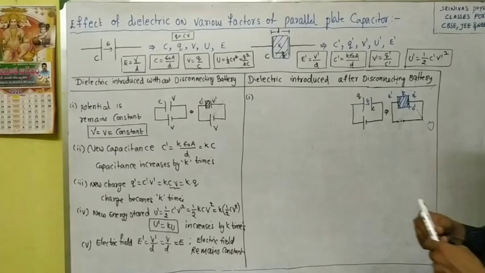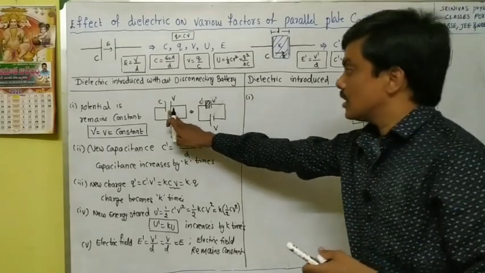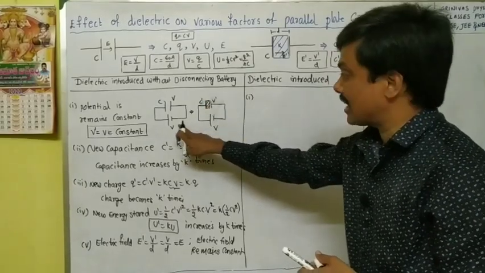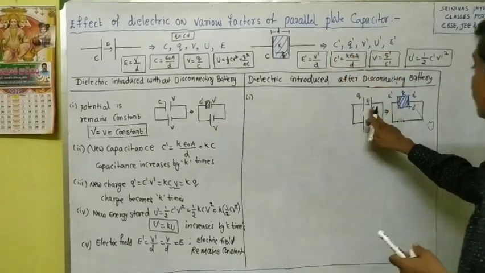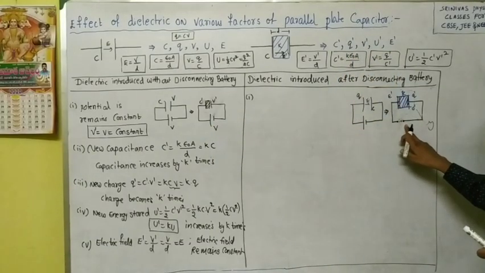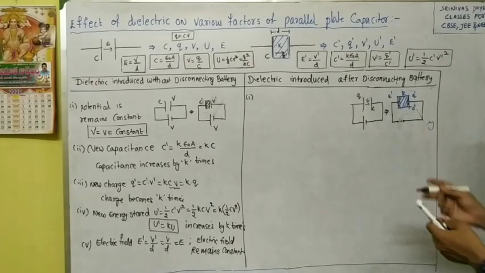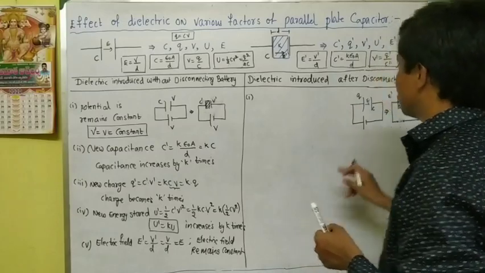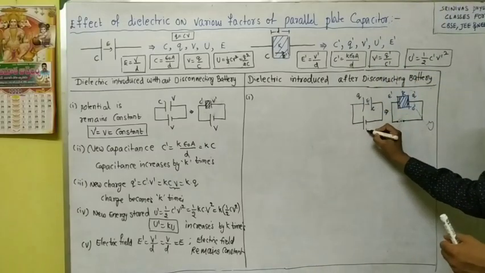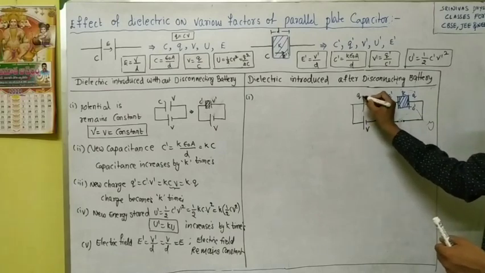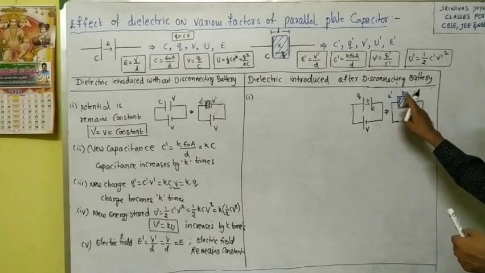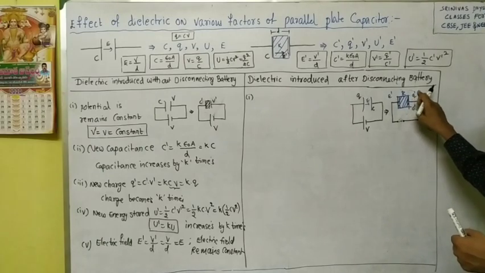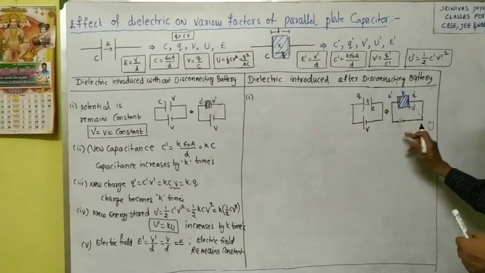First we have to write the difference between these two. Here we are introducing the dielectric slab without disconnecting the battery, the battery remains connected. But here we are introducing the dielectric slab after disconnecting the battery. We are removing the battery. Now, what happens to the factors? First, I will tell about the charge. Initially, when the battery is there, the charge stored is Q. After disconnecting the battery, the charge stored is Q dash, and after introducing the dielectric slab,